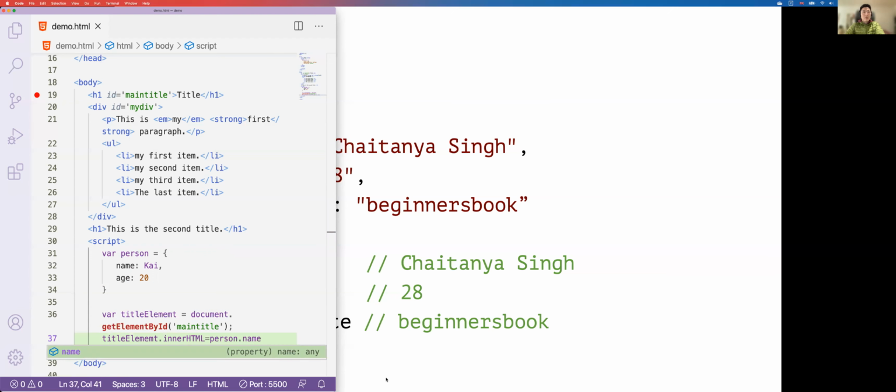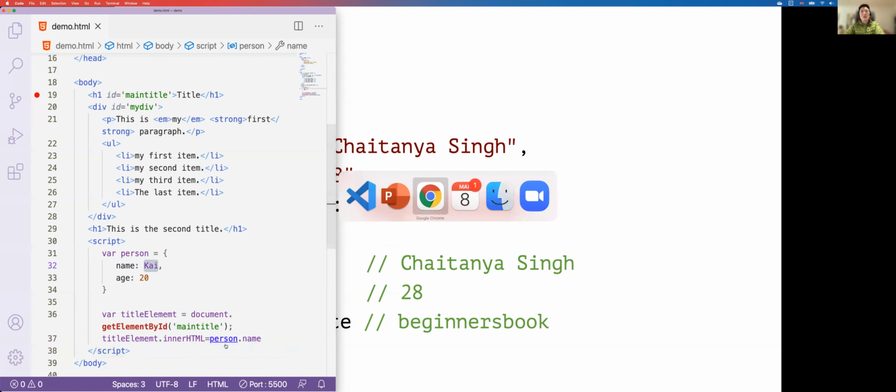Okay. So here, person is this object, and dot is a notation. So I can refer to one of my properties, and this property I can refer to is this one called name. Okay. So now instead of setting the title to new title, it will use whatever value you have here to set. Okay. And if you look at the page,